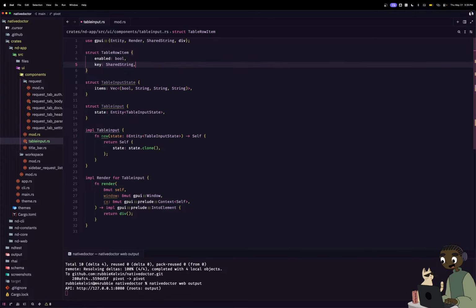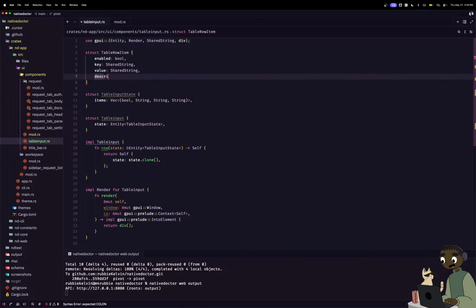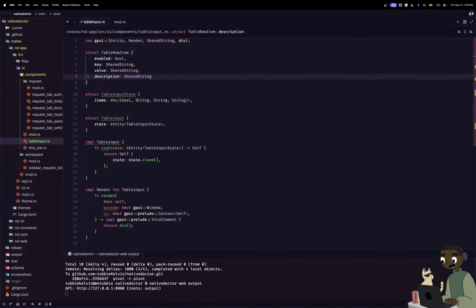Get string was the value, get string, and description, get string. I don't know if I've made this up now, because in some cases we might not need it, but let's just leave it. We have these two values. But the thing is,